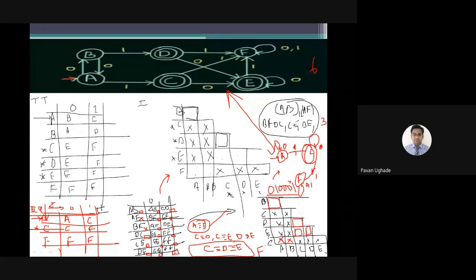0, A, 0, B, then 1 to D, then 3 times 0, and then 1, which reaches the final state. Now if you observe, D's transition over 1 goes to F, C, which was a final state, its transition over 1 also goes to F, and E's transition over 1 goes to F. So they are not at all accepting. Once you reach the final state, whatever entry comes over 1, we give it to the dead state. Is it a dead state, guys? Is there any outgoing path? This F is a dead state, right?